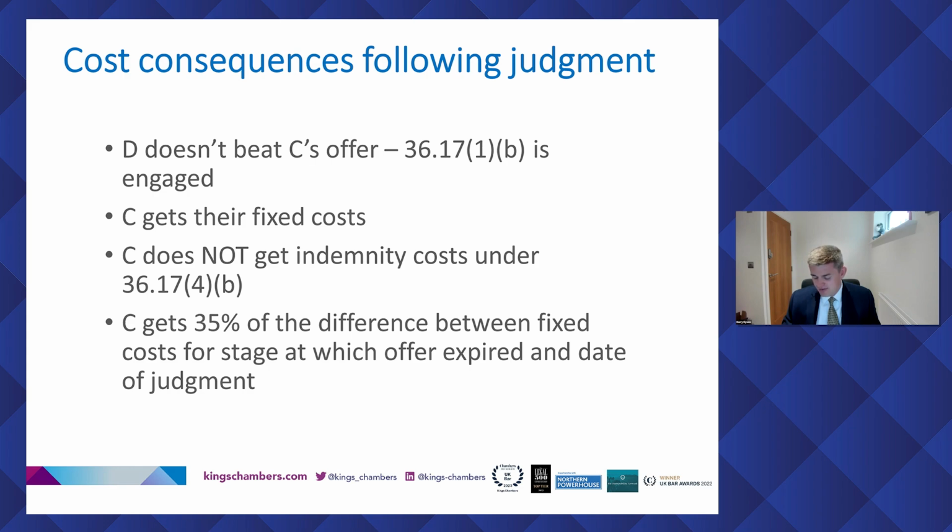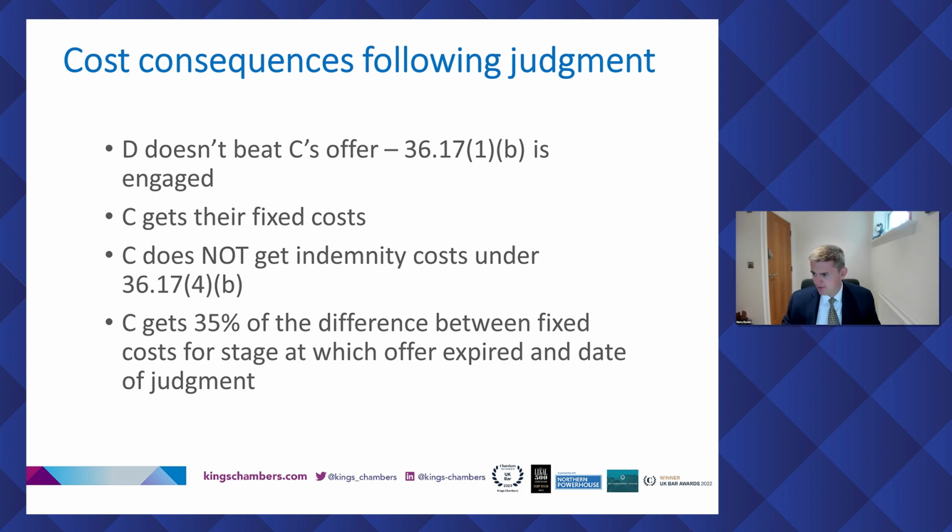Now, just to be clear at this stage, the other goodies on offer under 36.17(4), the other consequences of a defendant failing to meet the claimant's offer, are still at play. They're still at large, so they're all there. The fixed costs, the intermediate track doesn't get rid of those, and all it does is swap indemnity costs for 35%. So I suppose that leads us to the question of, does this give Part 36 more teeth or less teeth when it comes to the intermediate track?